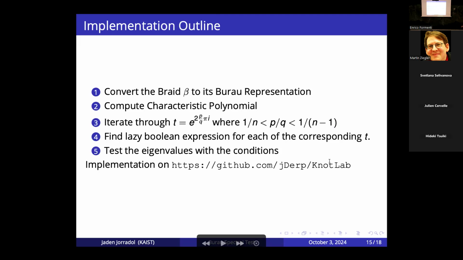Okay, so let's go on to the implementation outline. The braid first is given using the Artin generators, and then the program converts the Artin generators to its Burau representation, which is the matrix that I've shown before, and then it computes the characteristic polynomial such that